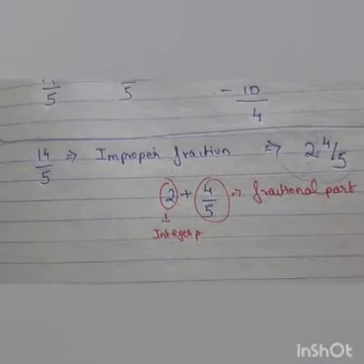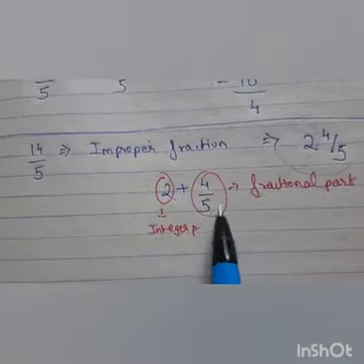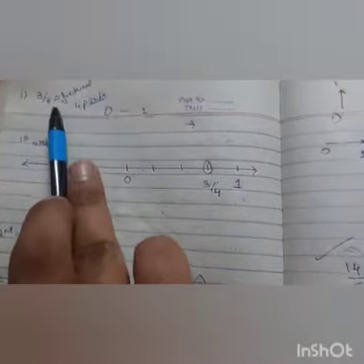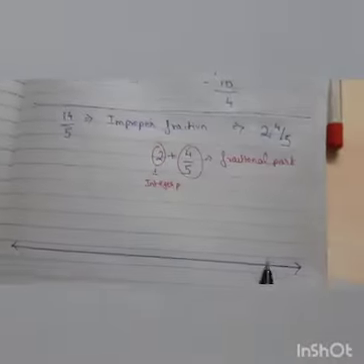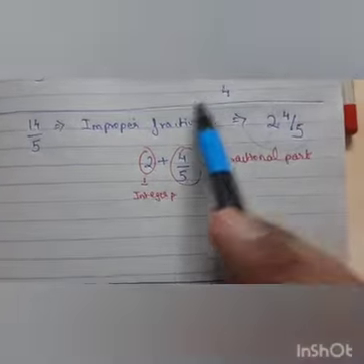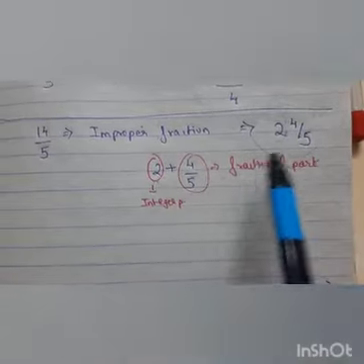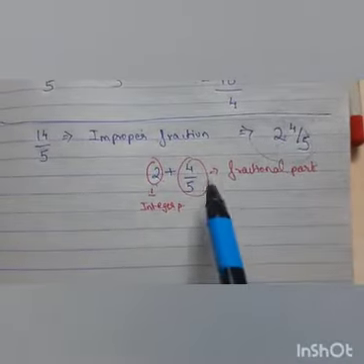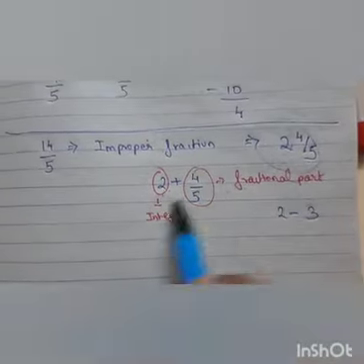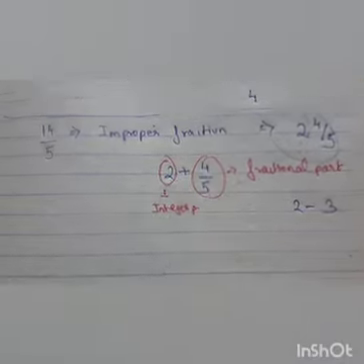Now the reason for telling you this is that as it gets converted into a proper fraction, just as you were plotting a proper fraction on the number line, similarly you need to plot it here also. But what is the difference? Based on the value of the integer, which is 2, this whole quantity will lie between 2 and 3. Why 2 to 3? Because the value of the integer part becomes the lower limit. So let's see how.